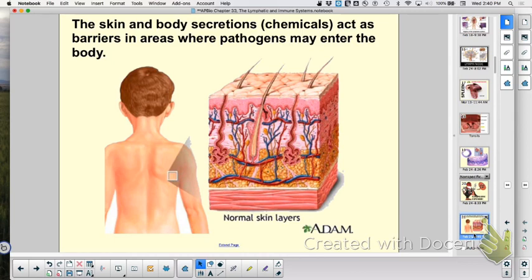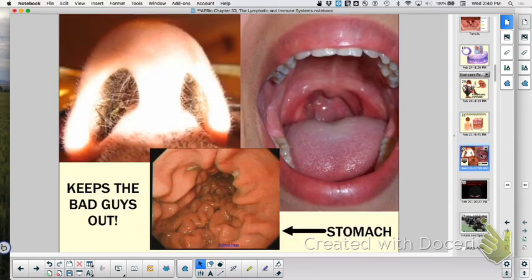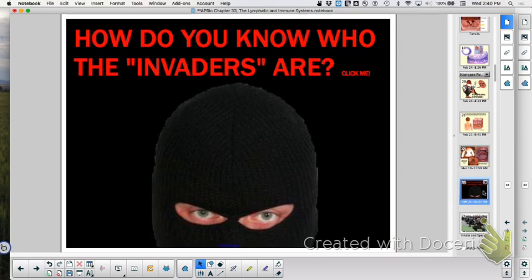Waxes, oils, antimicrobial agents of my saliva, low pH of my stomach, right? All those kinds of things are barriers to keep things out of your body. Okay? Now, let's say something gets through those barriers. How do I know what is self versus non-self? What would be the one word you would tell me